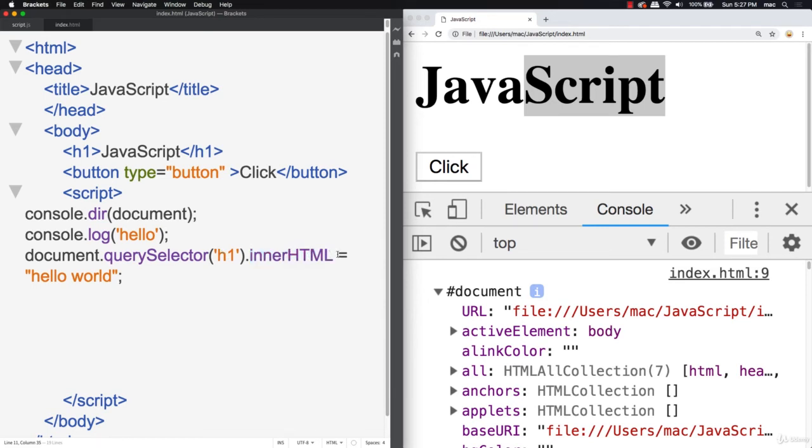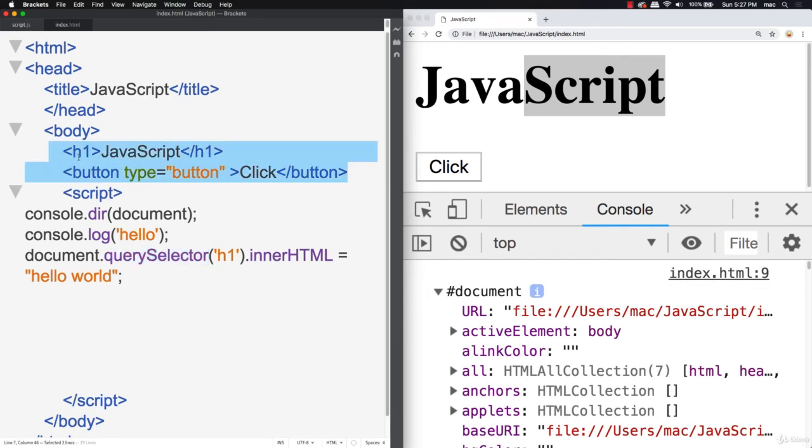And then it's expecting a parameter, so we're equaling it to hello world. So what do you think is going to happen here? Just quickly looking at this, we know we've got this document object, huge, full of all kinds of information. We're using a method that's contained within there where we're finding, just like we do with CSS, finding our HTML